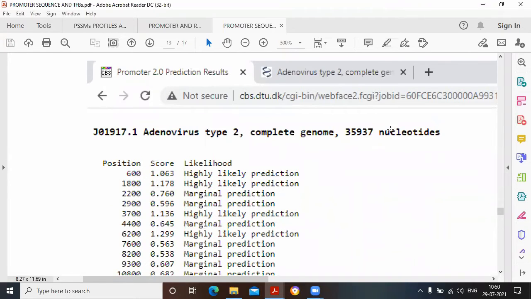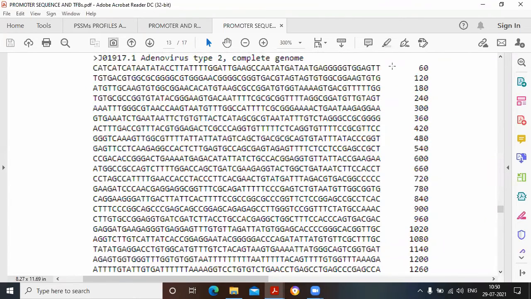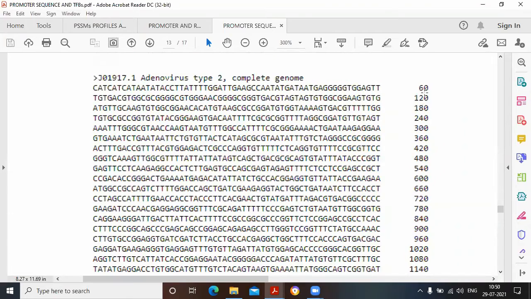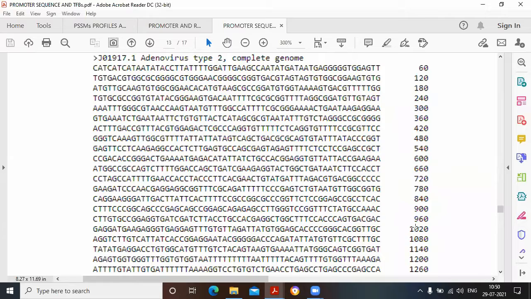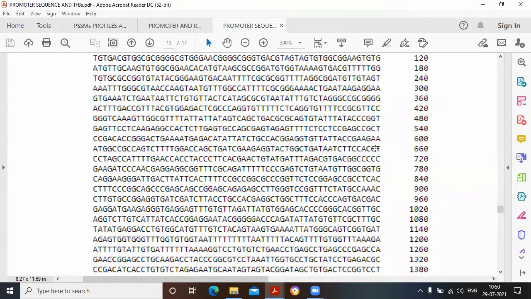If you want to tally, come back to the 600 position. As I mentioned, every line has 60 alphabets, and if you scroll down it goes 60 plus 60 plus 60, like that. So it exactly counts that particular alphabet, and from that alphabet onward,